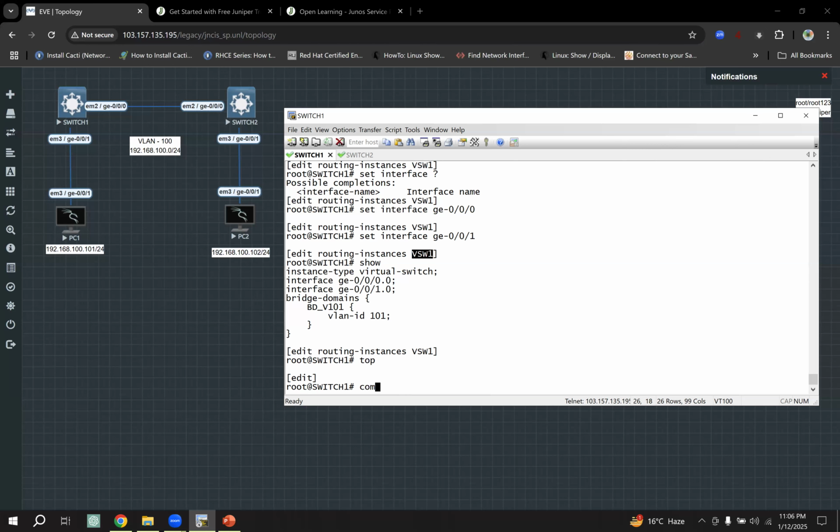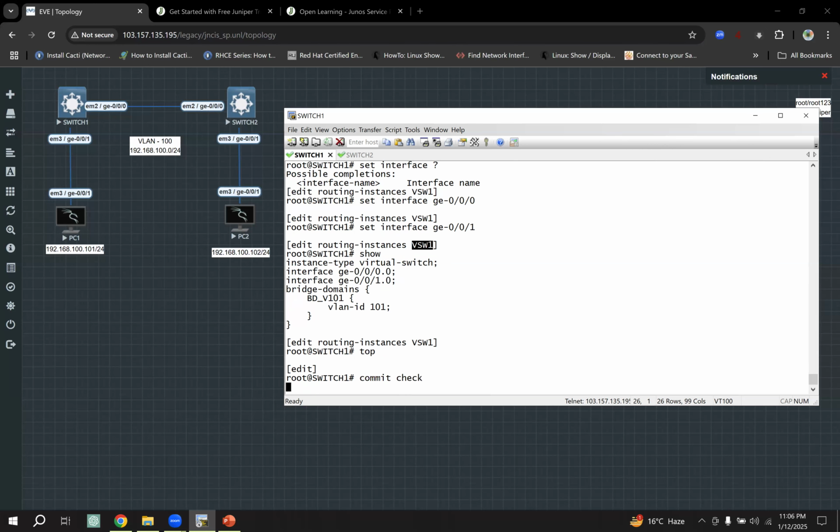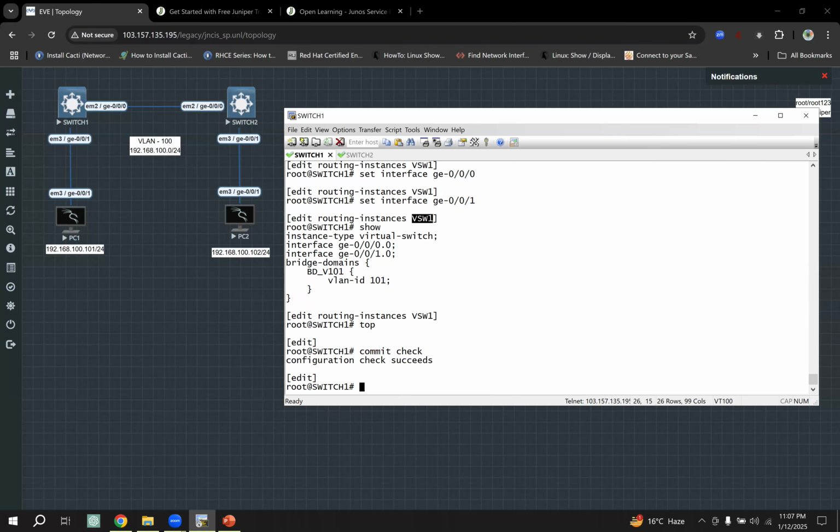So commit check, it's okay. And this interface ge-0/0/1 will be in access mode and this interface will be trunk. So checking the configuration,